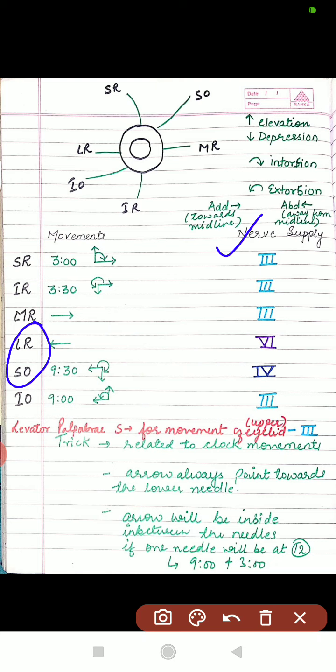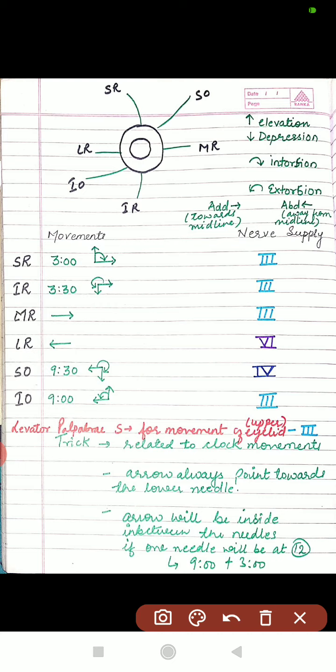So lateral rectus, how do I remember? If you see the movement, the arrow pointing towards left will be lateral rectus, and we call this movement abduction. So it will be supplied by the abducens nerve. As you all know, the 6th cranial nerve is also known as abducens. So the abduction movement is related to it, which will be pointing towards left, and L for left and L for lateral rectus. If we talk about superior oblique, then the last one, which is left, will be trochlear only, the 4th one.